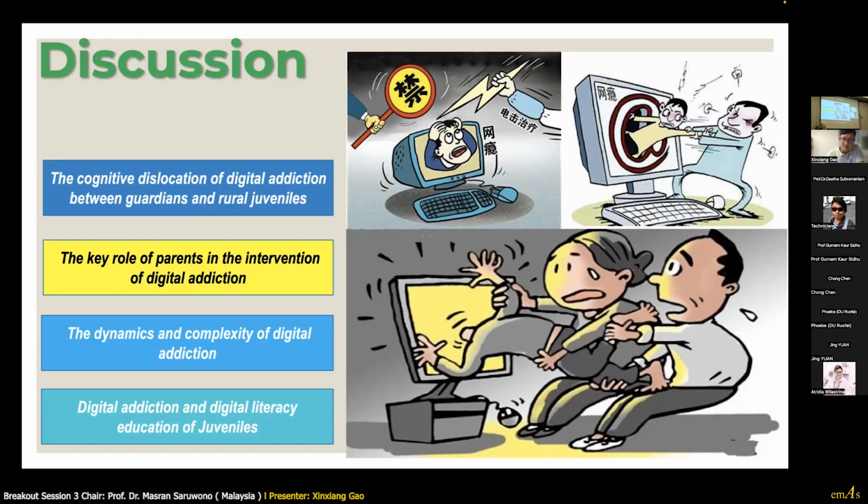As a result, the guidance and control effect on juveniles' digital addiction is not good, and conflict is an important reason.